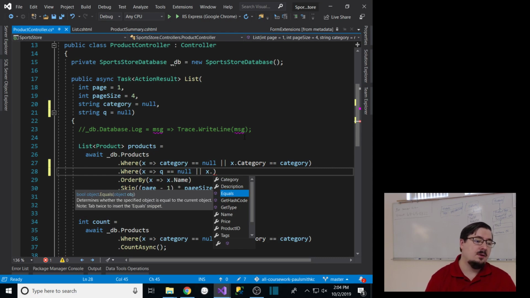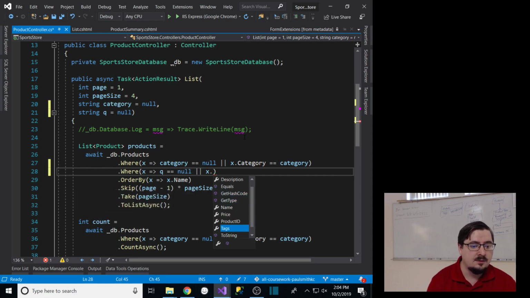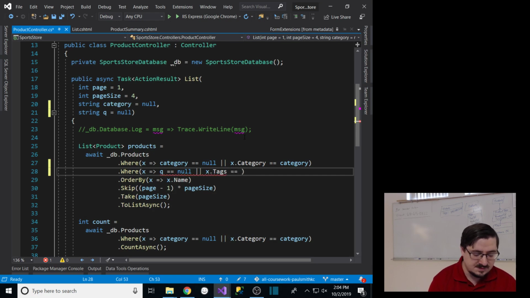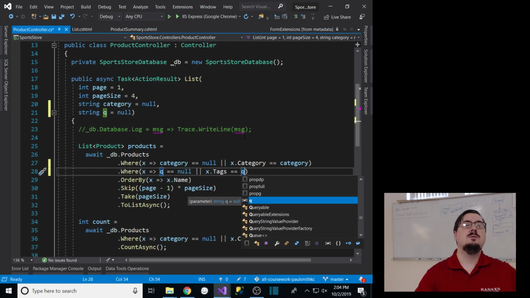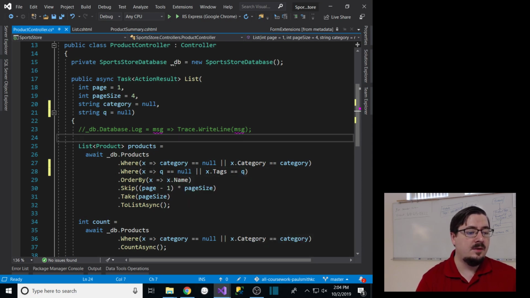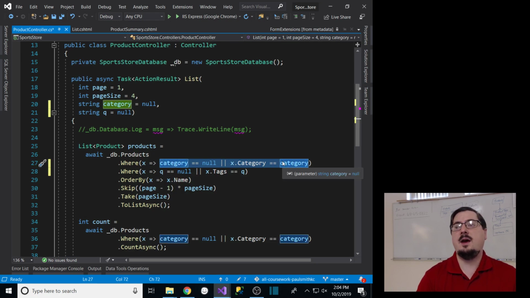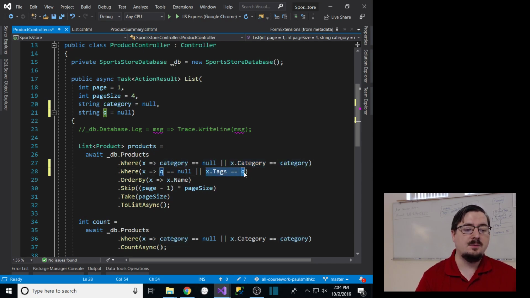So what I want to say is, where the tags, right? I don't necessarily want to say where the tags is equal to that query string. This check is saying, find me the category that's exactly this. But when I type in a query string like this, if I'm searching by keywords, I probably don't want it to match exactly. Does that make sense? This equals equals would make it match exactly, which means I have to match the entire string. So let's just see what that looks like if I write it this way